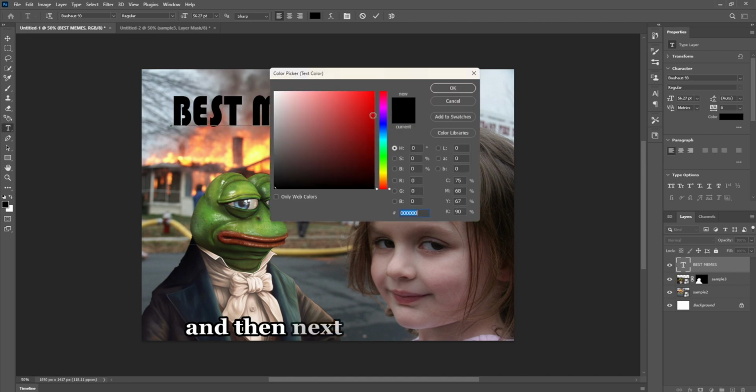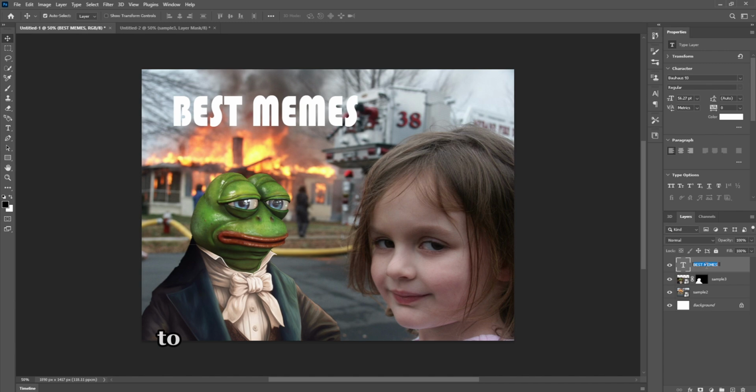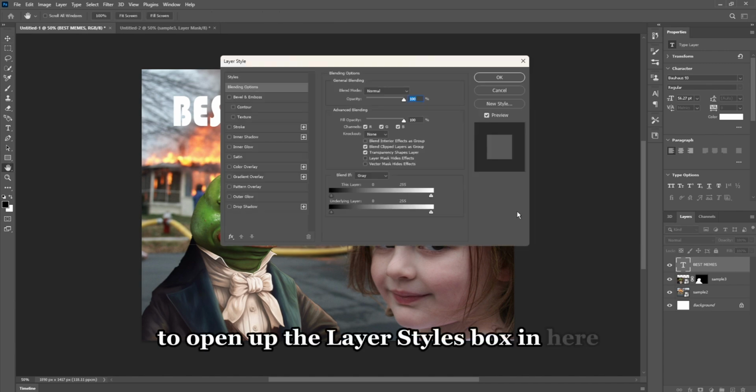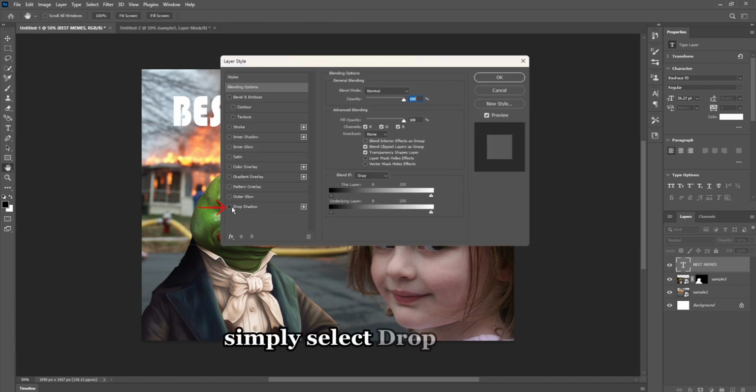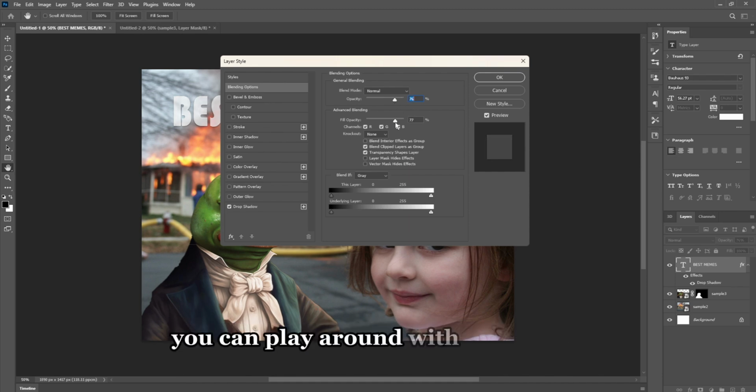And then next, give the text a drop shadow by double-clicking your text layer to open up the Layer Styles box. In here, simply select Drop Shadow. If you want a more pronounced drop shadow, you can play around with the sliders, but just stick with the defaults